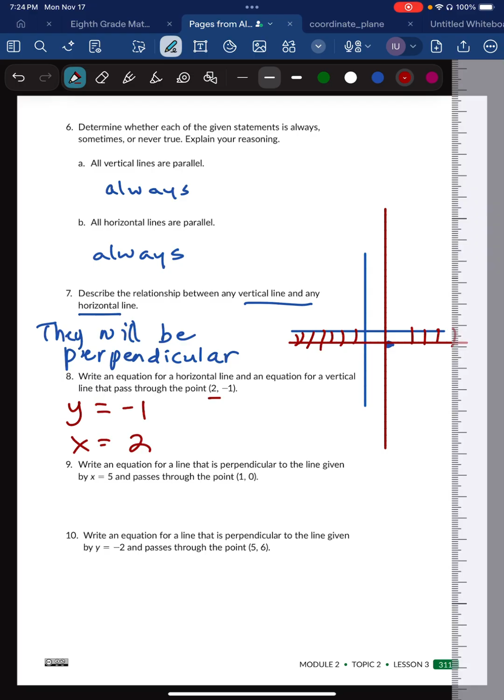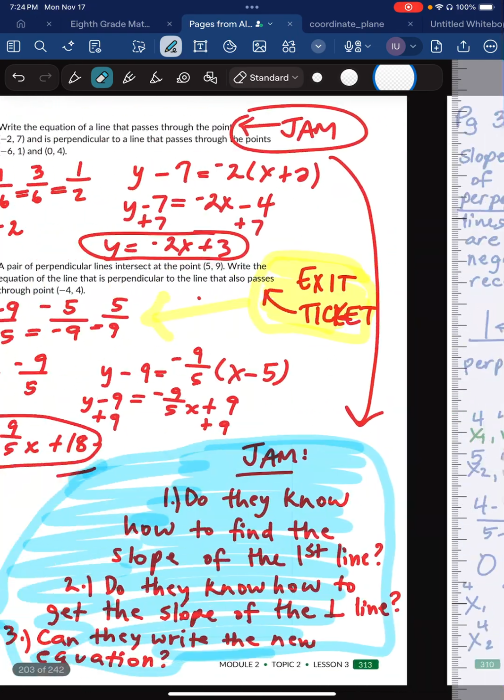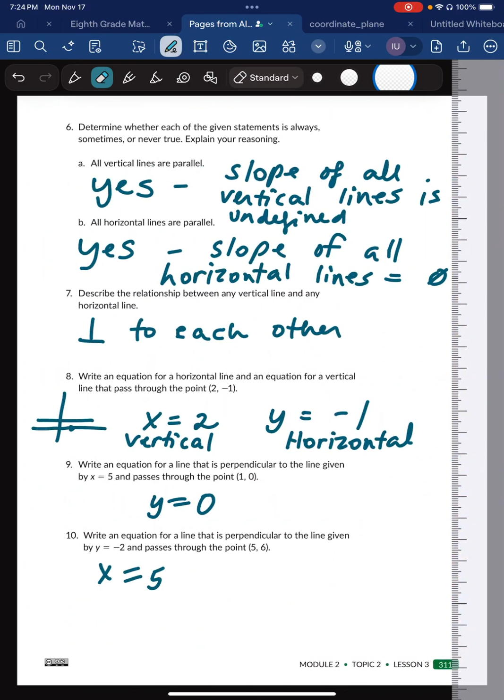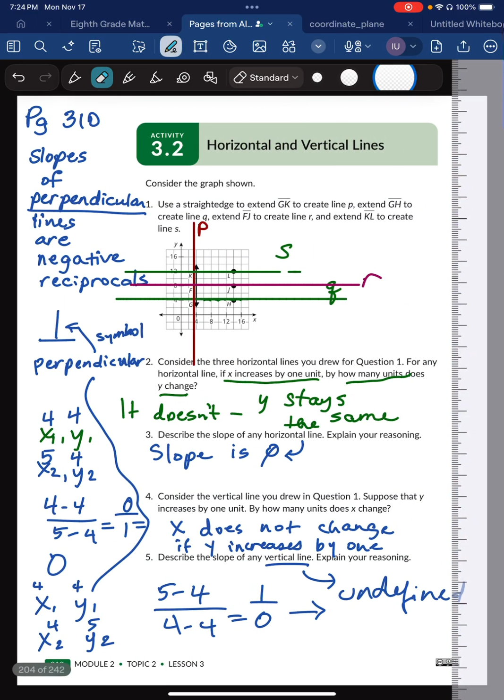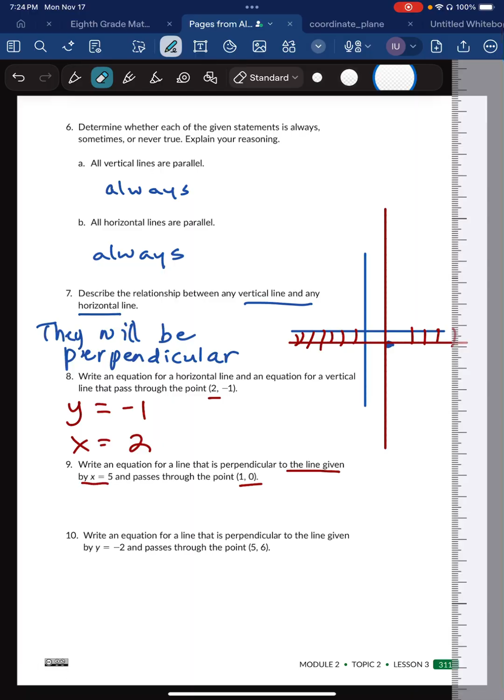Write an equation for a line that is perpendicular to the line given by x equals 5 and passes through the point (1, 0). Let me see. Write an equation for a line that is perpendicular to the line. What did I put on here? Let's look. I can't remember what I said. Okay, if it is perpendicular,